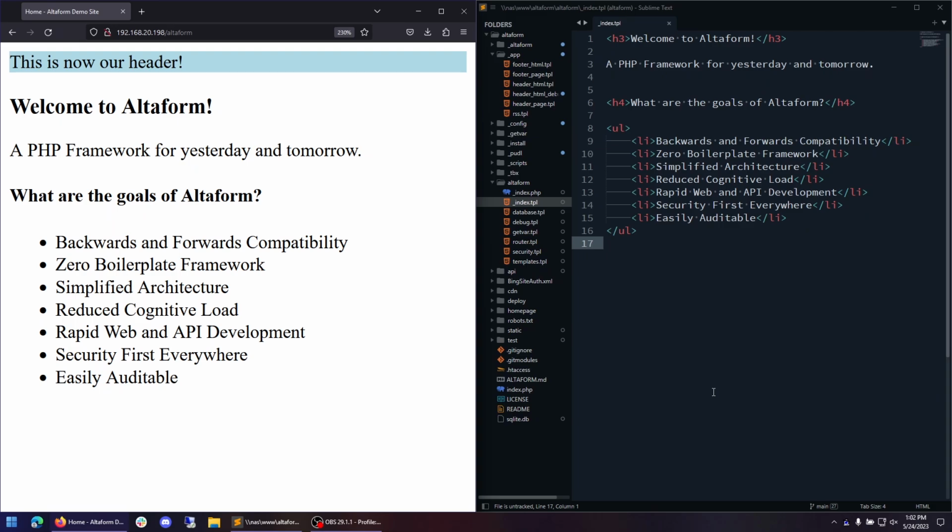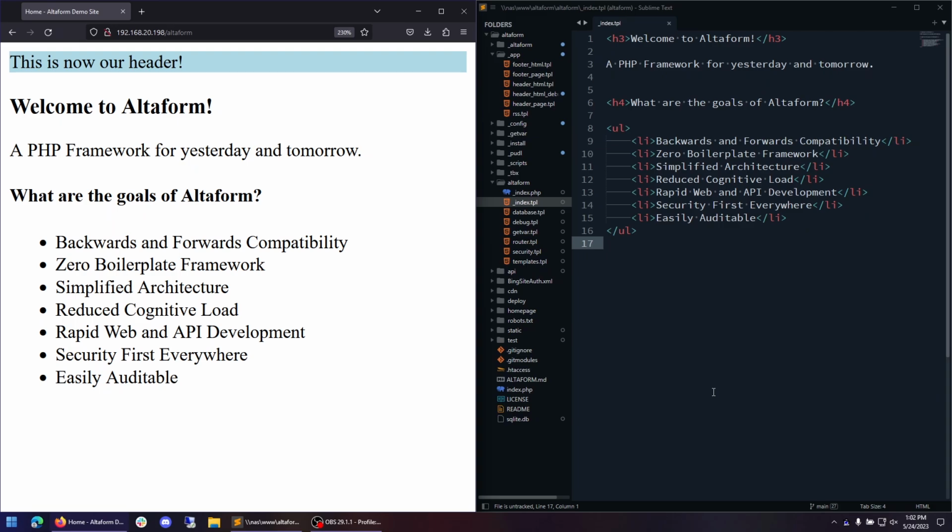The call stack and amount of global variables produced by Altaform is very minimal. All of this results in a reduced cognitive load on the developer. By keeping the mental state of the developer focused on business logic, it measurably results in reduced time to solving problems and fixing bugs within the code base. And by doing this, it reduces the amount of mental stress that each developer is under when working on critical parts of the system. This reduced stress means less chances of migraines and better overall mental health for the developers.